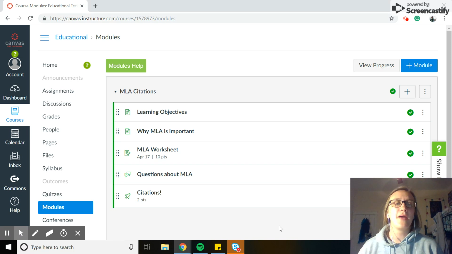Yeah, so the good and the bad, I really liked the way that Canvas just has everything condensed in it. You don't have to go to a bunch of different places, but there is that option to link in other websites. I think this is definitely something that I would use again, because I liked how